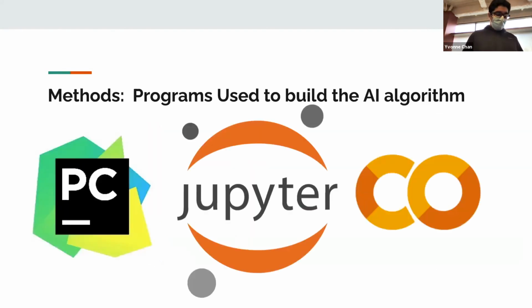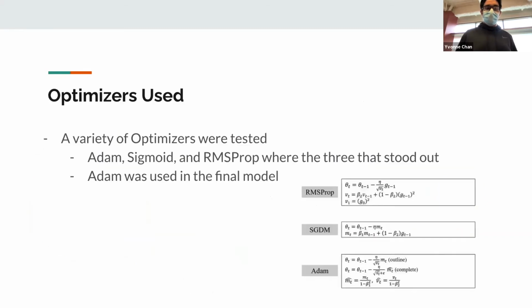I first learned how to build an AI using Google Colab. I used a practice skin cancer dataset to get familiar with how AI works. Once I began working on my project, I experimented using PyCharm. However, after running into some difficulty, I switched to Jupyter Notebooks and completed my project on Jupyter Notebooks. Jupyter Notebooks allows you to individually run cells of code, and it's more based on your computer, whereas Google Colab is a cloud-based coding service.